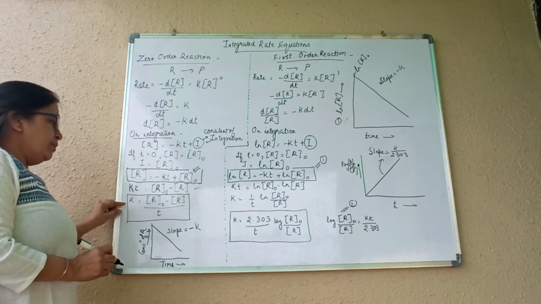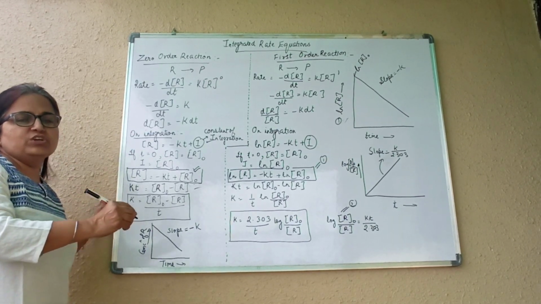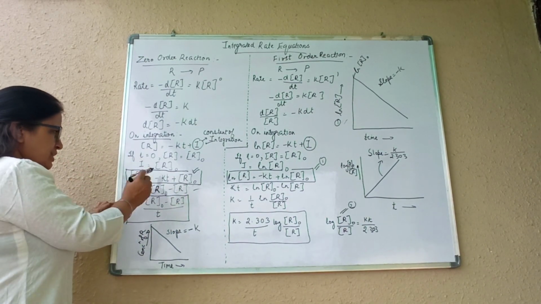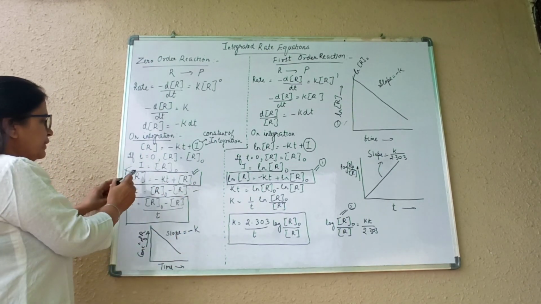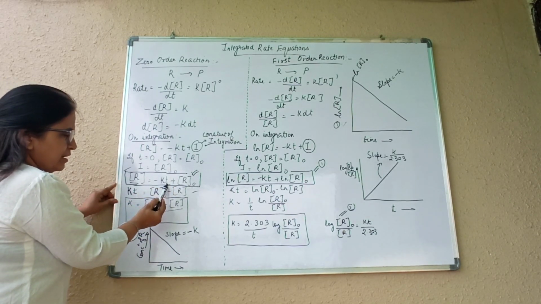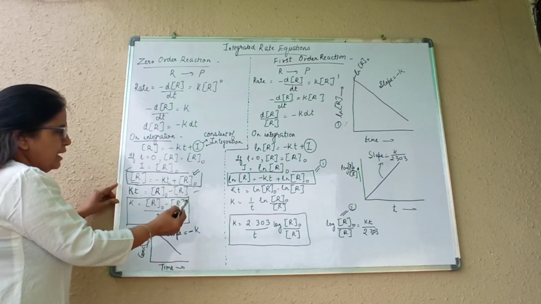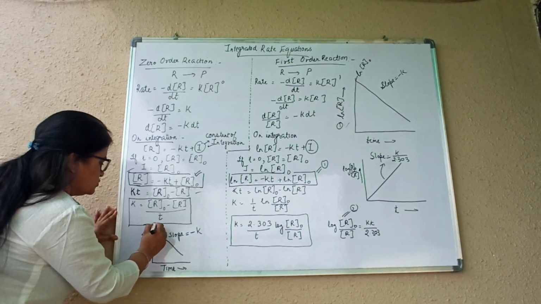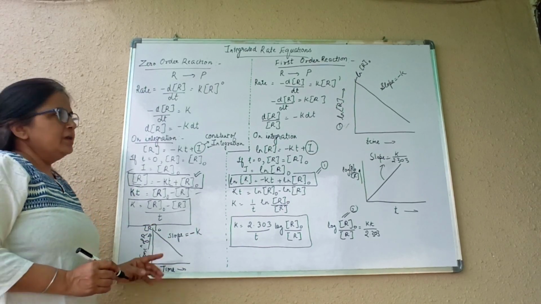Got it? Now I may also write this equation as k is equal to ([R]0 minus [R]) by t. Now using this equation, if I plot a graph between [R] concentration and time, what I have with time will be my slope. The slope is minus k and this [R]0 is its intercept. So this is the intercept, concentration of [R]0. Intercept is [R]0, slope is minus k.